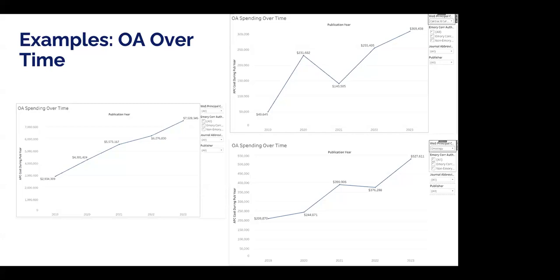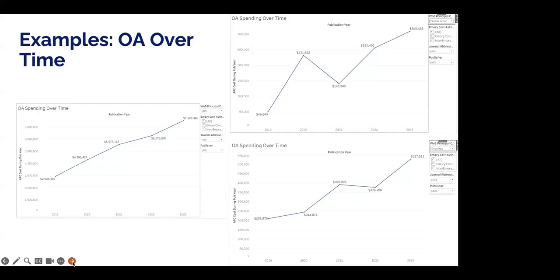So being able to determine, well, what does the spend look like over time for a particular publisher or a particular journal? Those filters are available. And one that's not available in some of the other views is looking at the trend over time by discipline. And so, that's an interesting view that was brought up by some of our stakeholders, that they wanted to see